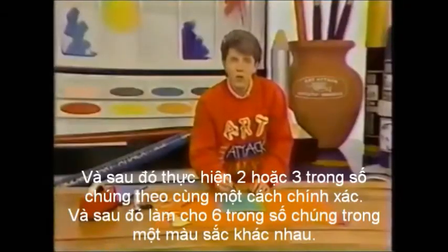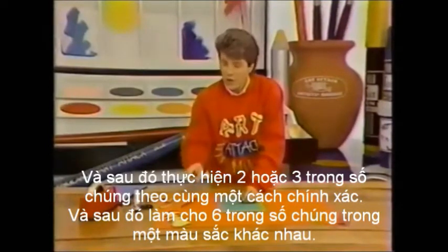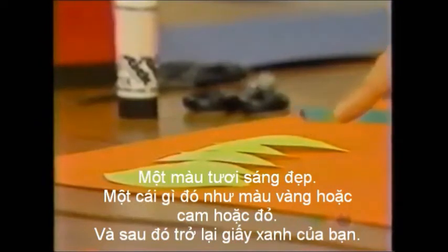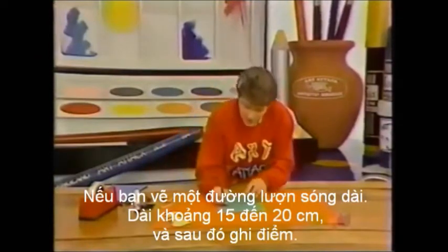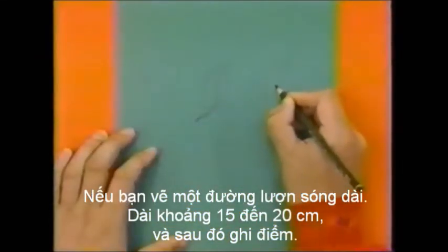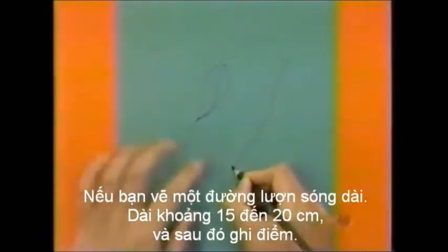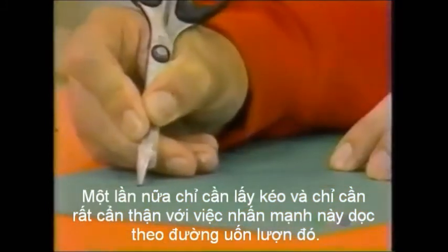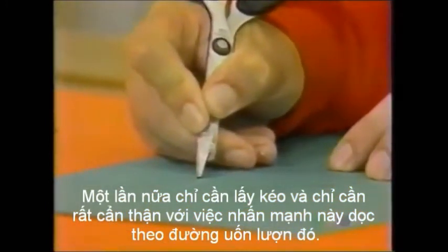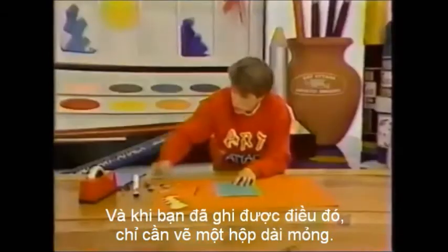And then make 2 or 3 of them in exactly the same way, and then make 6 of them in a different colour, a nice bright colour, something like yellow or orange or red. And then back to your green paper. If you draw a wavy line, long wavy line, about 15 to 20 centimetres long, and then score along that, again, just getting the scissors and just being very careful with this, pressing firmly along that squiggle line there. And when you've scored that,